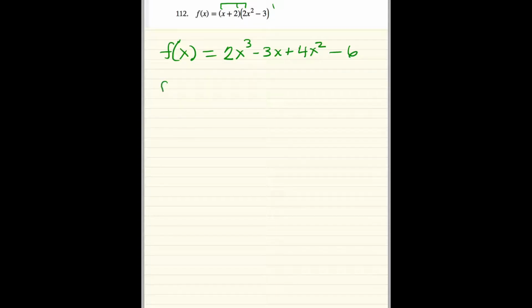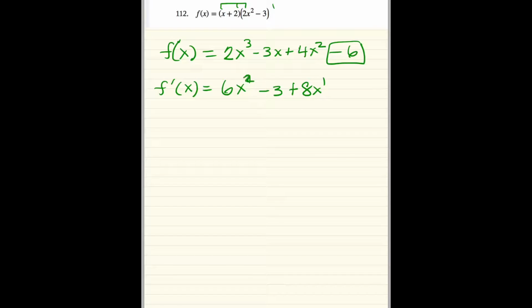You should probably arrange them in order, but I'm not going to. 2 times 3 is 6, x to the first. This is going to be negative 3, and that's going to be 8x to the first. You don't have to put that 1 there, but this guy ends up being 0, and then,